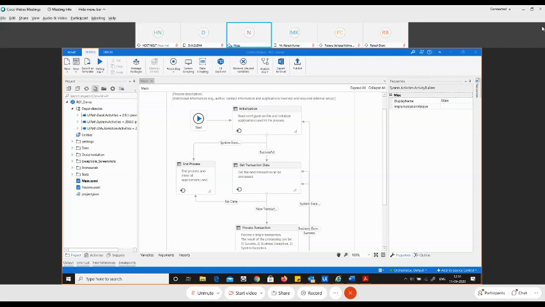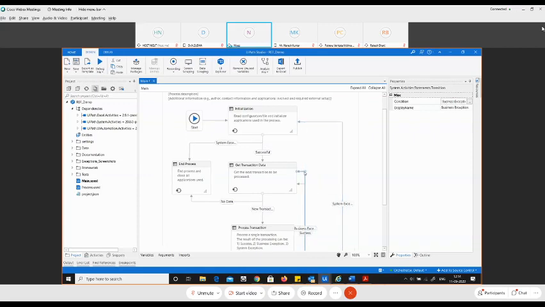Now let me give you a brief introduction to all these design diagrams that you see here. You can see a lot of things going from here to there. Let me quickly give you a very brief understanding of what everything is about.